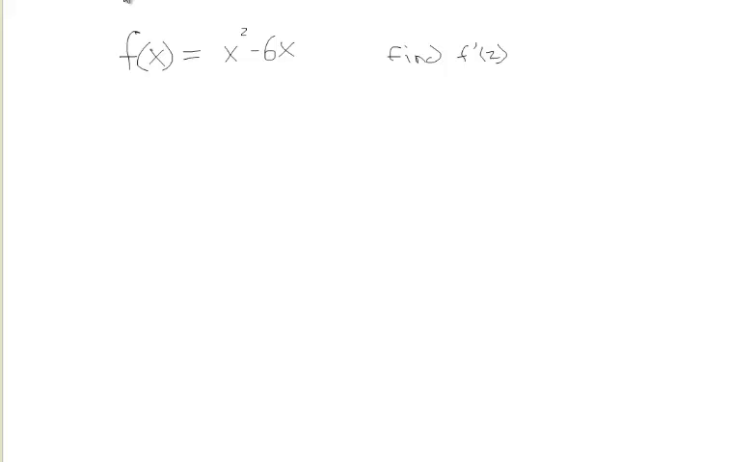So in this first example, I want to use the general derivative formula, which means that we're going to find the general derivative and then plug in a value. And in this case, I want to find f prime of 2. So we're going to take the general derivative, plug in 2 at the end, and get an answer. And that's going to tell us the rate of change of this function at the value of 2. So we're going to use our formula, the limit as h approaches 0